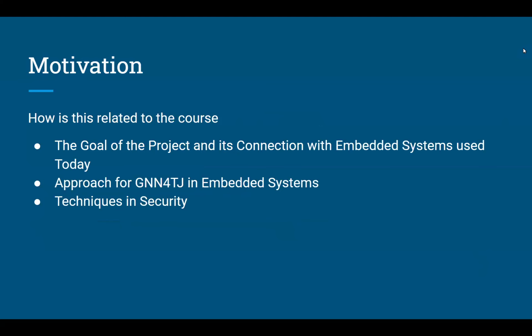And another motivation is how we relate to the course. How does this connect to our course on embedded system security? Well, the goal that we worked on is to enhance the detection of hardware Trojans through an innovative technique we call